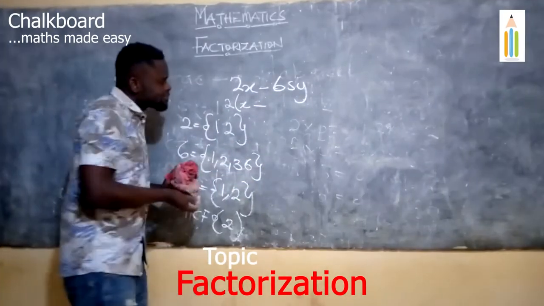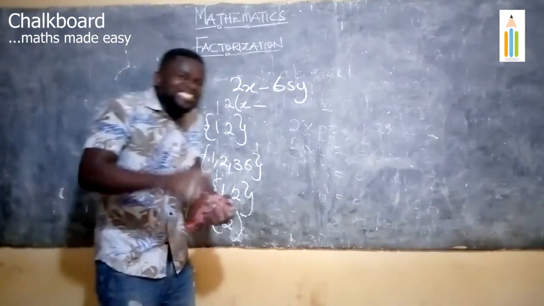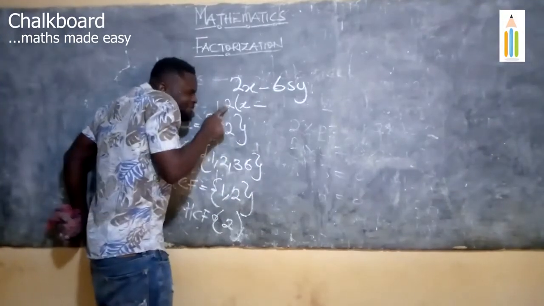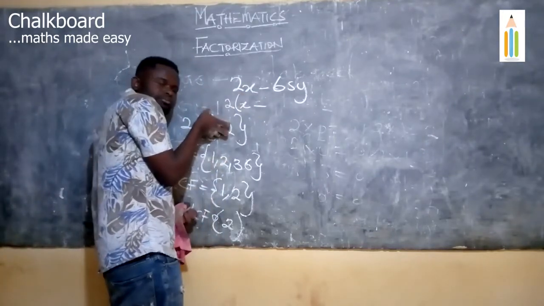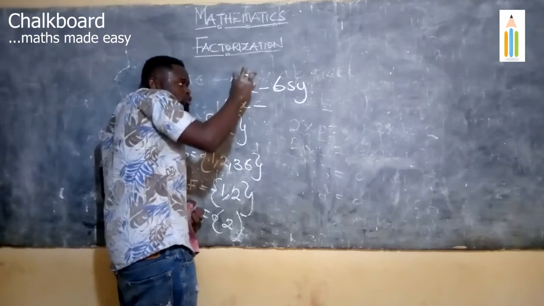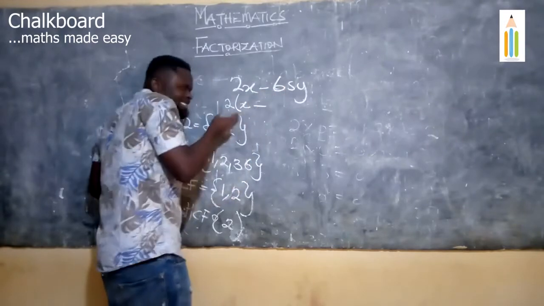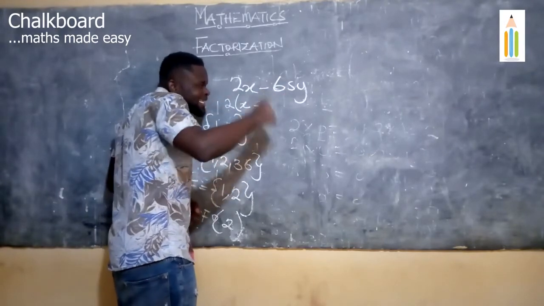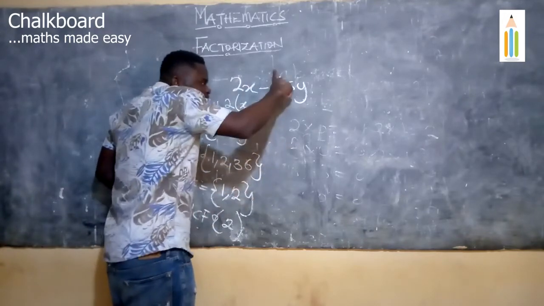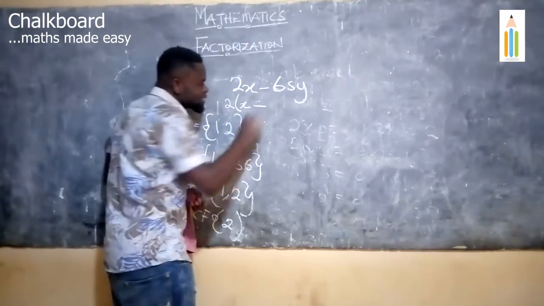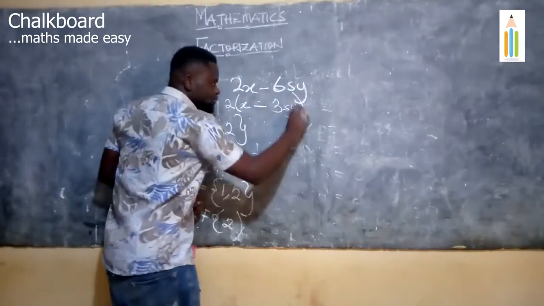Now, coming to this side. This is 6. And we have brought 2 out. It is simply like the number here divided by this number. Again, 2 is brought out. Now, the whole of this 2 was brought out, so x was left here. Now, the number here, we brought 2 out of this number. Some people were thinking the answer here before, but it's wrong. It simply means 6 divided by 2, and that will give us 3. Then we add our y and we close the bracket.